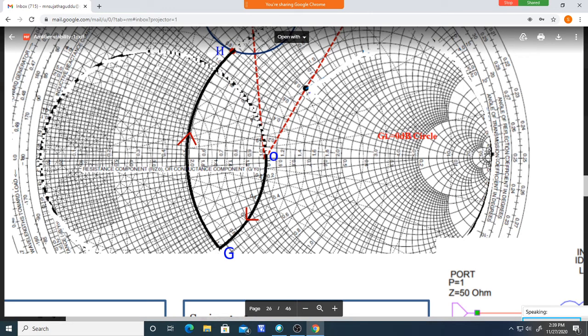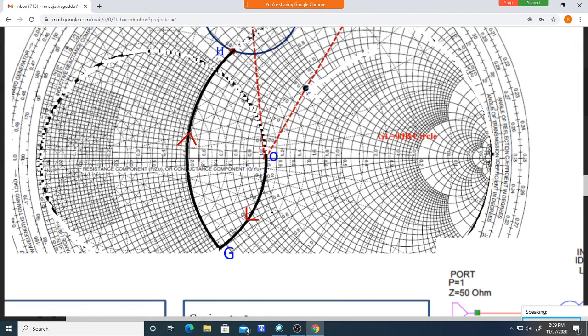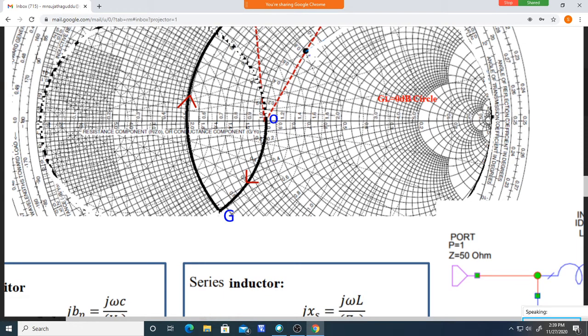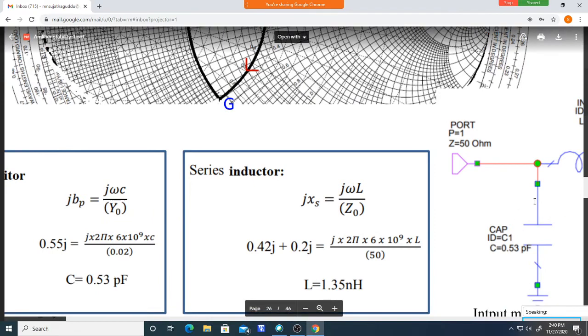So this is some R circle, it is passing like this. You move from here on the G equal to one circle and stop here. So moving from the center of the Smith chart in the clockwise direction on the conductance circle, this is the G equal to one circle, from here it adds one element. That is a capacitor in shunt. Up to this, so that is a capacitor in shunt like this. This element will be added.